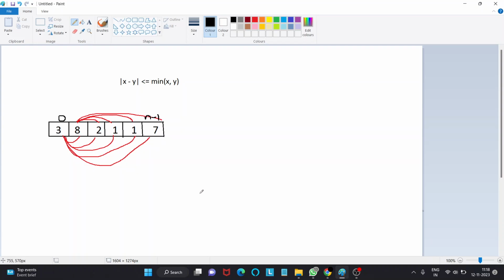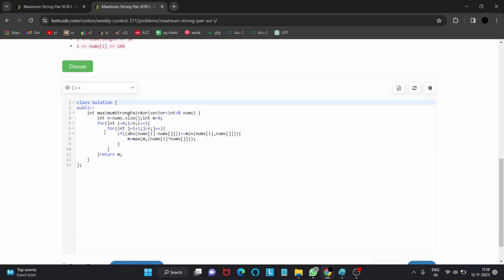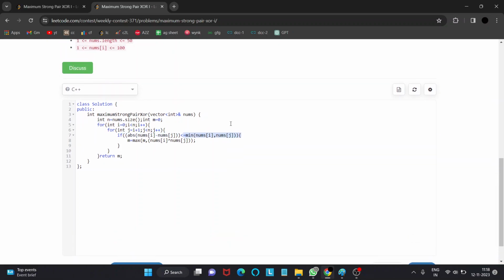So let's look at the code. It is just a simple implementation. In this we took the nums array and the size of it, and we just run two for loops to check every strong pair. If the absolute difference between nums of i and j is less than or equal to the minimum of nums of i and j, as stated in the question, we calculate the XOR